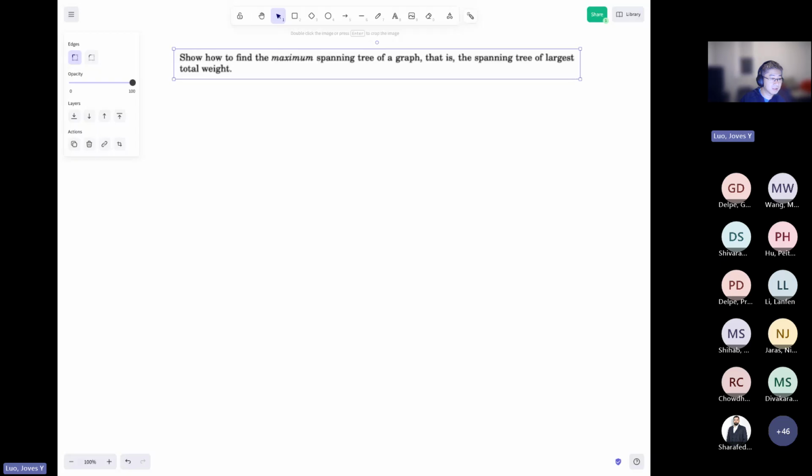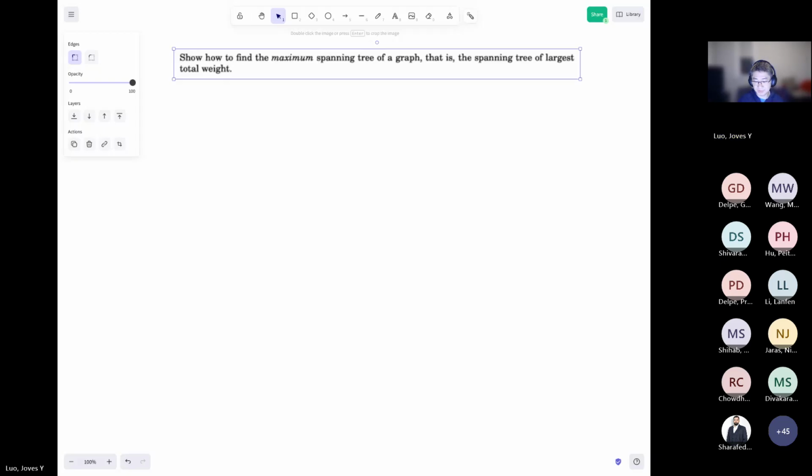Give me 1 second. Okay, so we're looking for the maximum spanning tree of a graph, that is the spanning tree of largest total weight. Okay, and so we can do this by simply